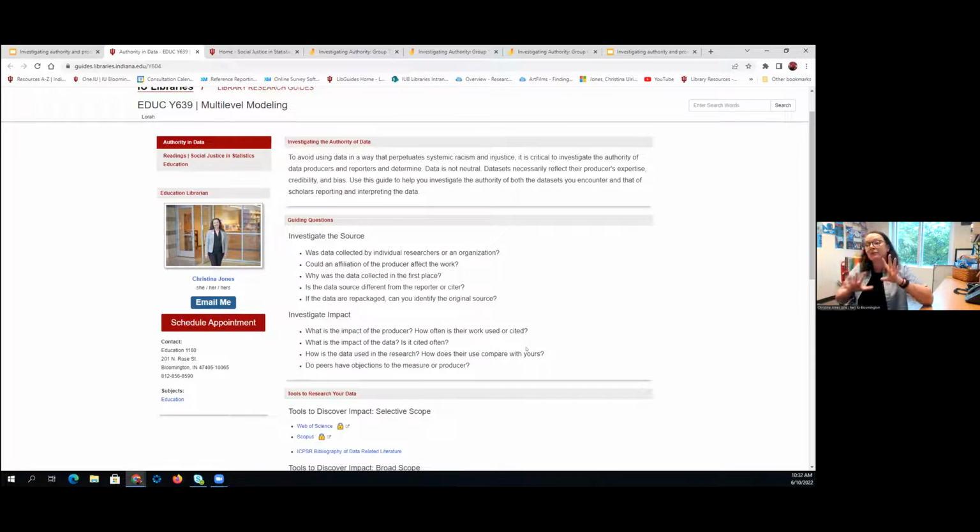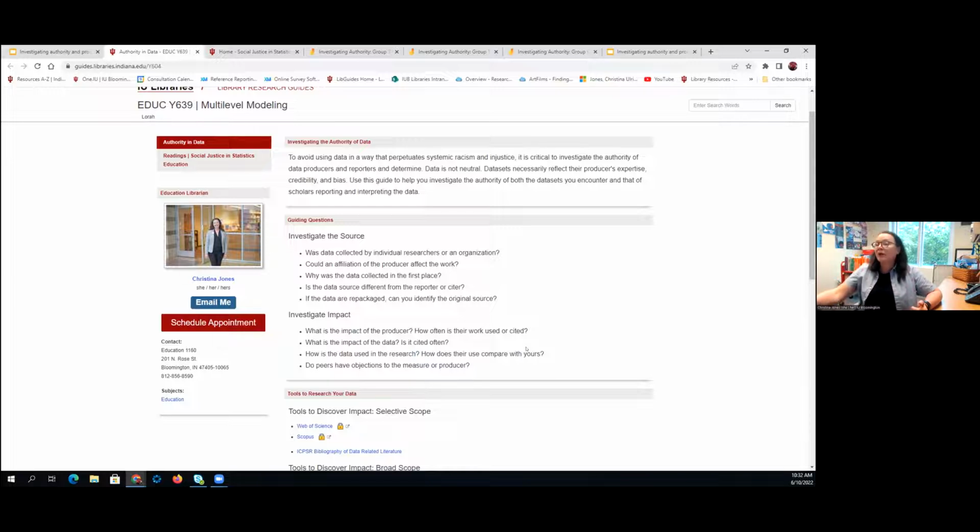And then we talked a little bit more about investigating the impact. First, we were leading students to investigate who's producing it, but then how big of an impact did this data have upon research and scholarship? We look mostly at citations. How often is it cited? Is the data used in research?